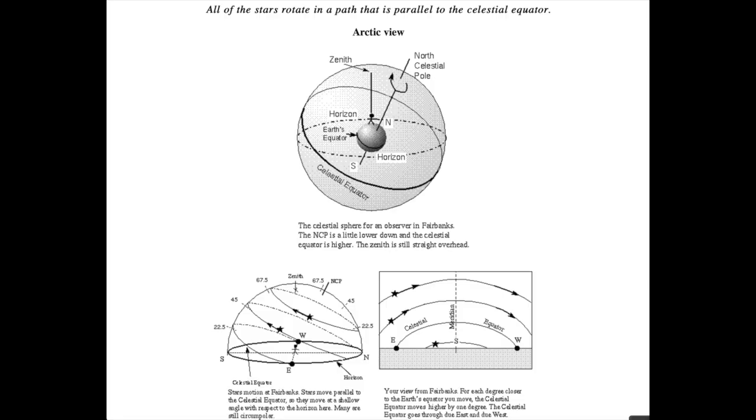For observers in the northern hemisphere, stars closer to the north celestial pole are above the horizon for a longer time than those farther from the celestial pole. The lower right picture shows this very well. The observer is looking south, facing away from the north celestial pole. The stars north of the celestial equator have big, high paths,